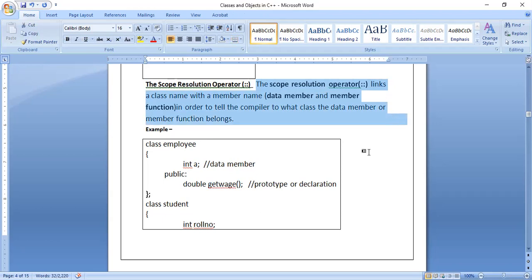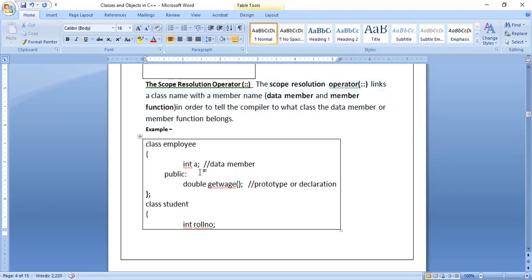So when we write the functions in a class, as I said in the previous class, there are many ways to write. In this class, A is the data, gateway is the function. Observe how I have written gateway function: opening parenthesis, closing parenthesis, semicolon. This is one way. This type of line is called a function prototype or declaration, where you cannot get the complete function and will not come to know the working of that function.